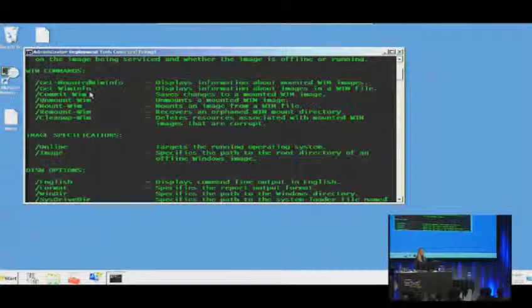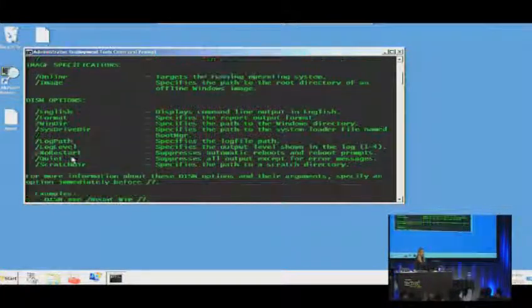I can get mounted WIM info, get WIM info. You guys have seen that one. I can unmount a WIM, mount a WIM. I can change the edition. This help file is not pointed at a specific image, where if I did this,